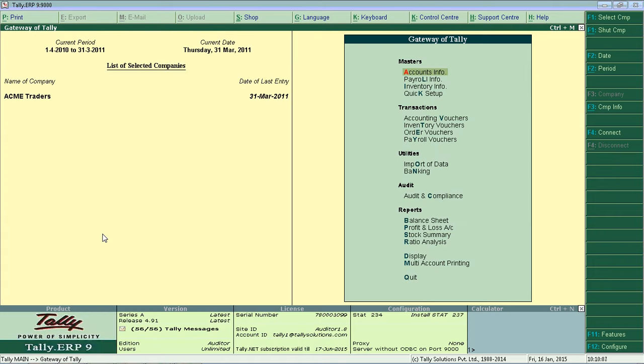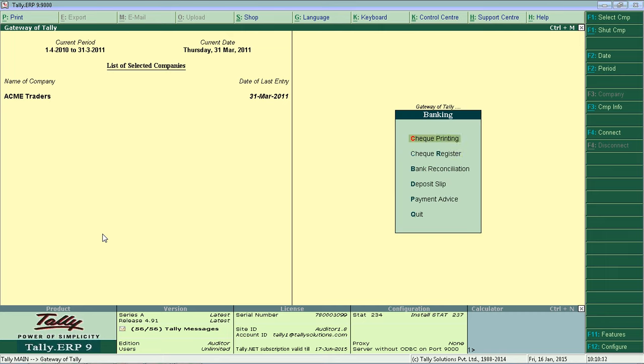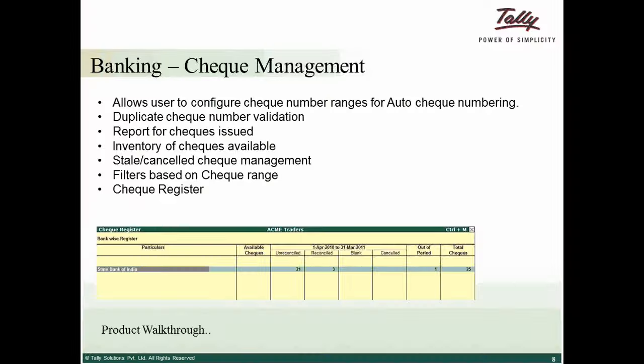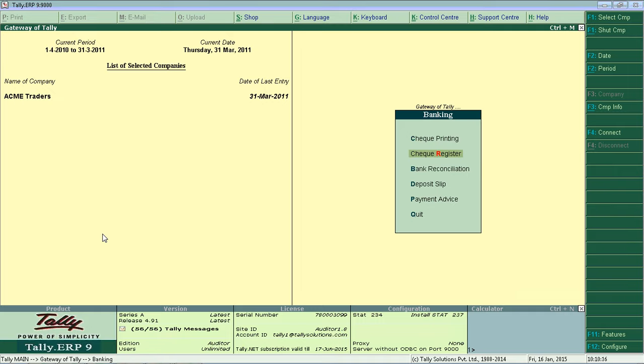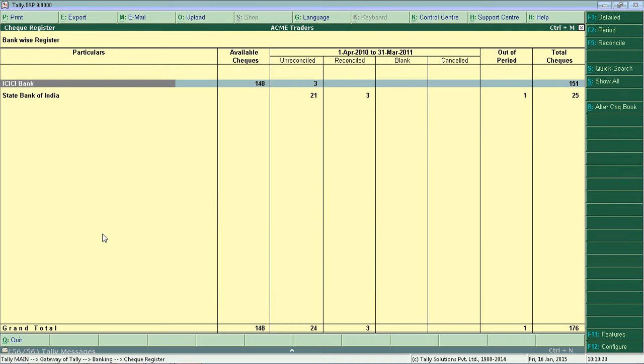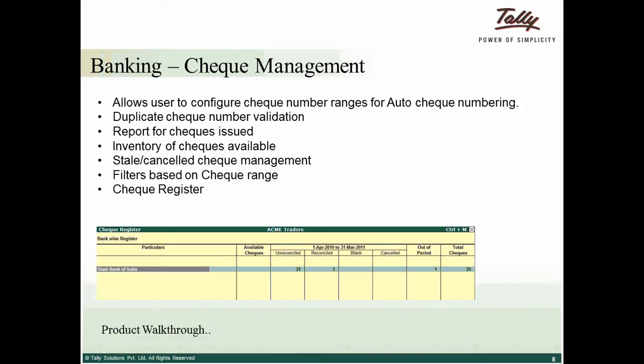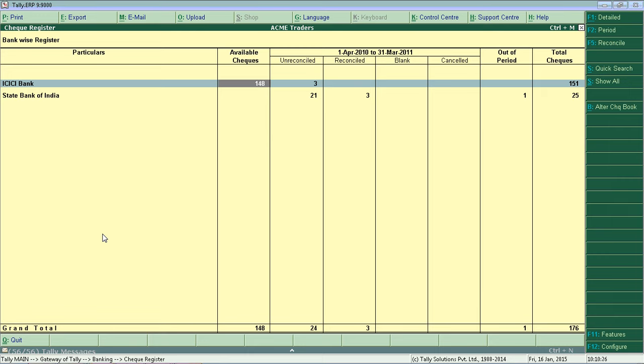Now, as I said, there is a cheque register, correct? So come to banking. In the banking menu, cheque register. You can see here, ICICI Bank. There are 148 available cheques, and unreconciled are 3. Unreconciled are 3, reconciled is blank, and blank cheque, cancelled cheque. Out of 3, you will understand these in detail. If you just press enter on ICICI Bank,